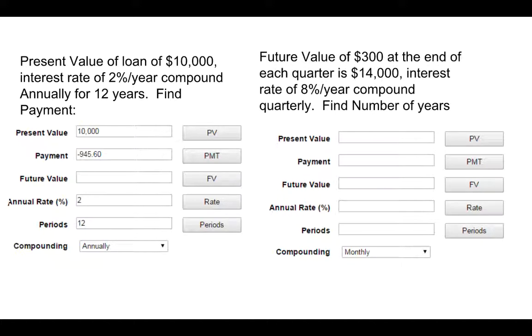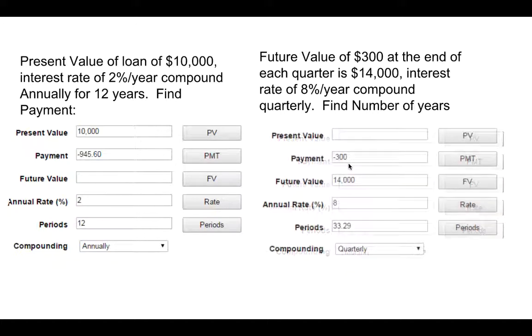The next one is written kind of funny, but the future value of $300 at the end of each quarter is 14,000. So the future value is 14,000. The payment's 300. We're looking for the number of years. We can plug in 8, but you have to plug in either future value or payment as negative. So if you plug in negative 300,